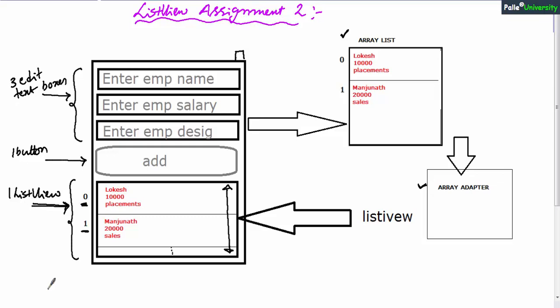For example, let us say I want to display Lokesh 10,000 and placements in the first cell of list view. So what I have to do?